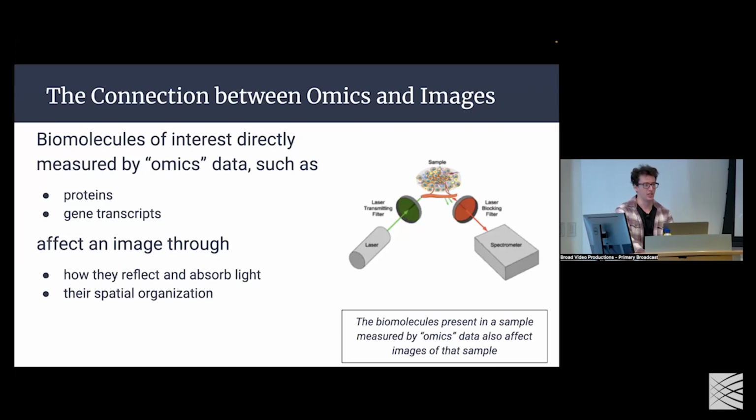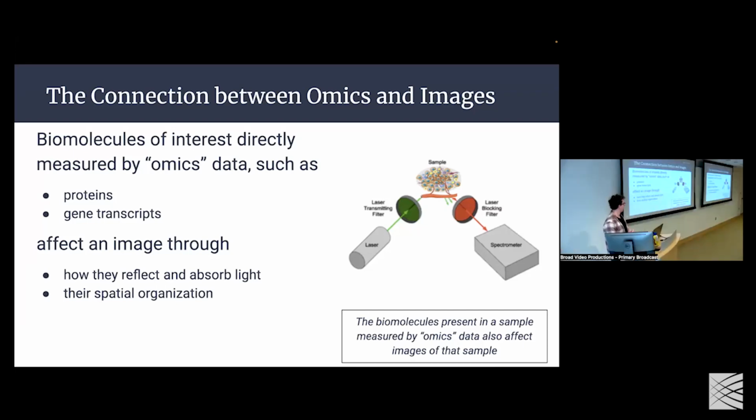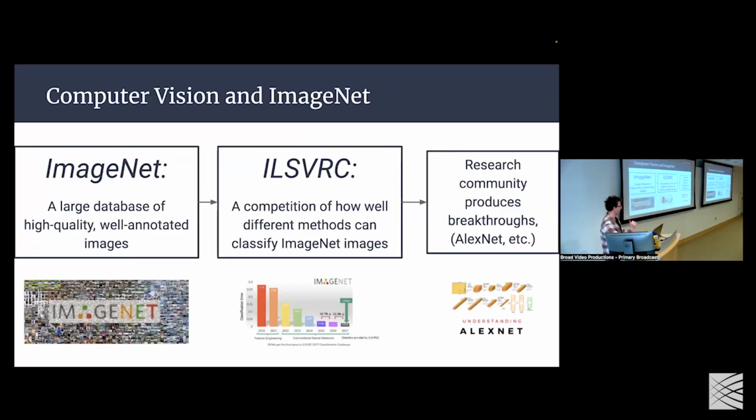With this being said, as with anything in data-driven sciences or machine learning, we have to look at what the connection is between these two. We'd like to think that there is a shared signal between a tissue's imaging data and its omics data. Intuitively, biomolecules of interest manifest different phenotypes of the tissue, like what the pathology looks like, or what different intensities at different points of the images look like. Because of that shared signal, we can ask whether we can use data-driven models to connect the two, and by connect, I mean move from one to the other.